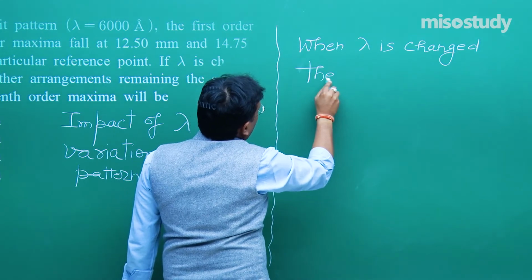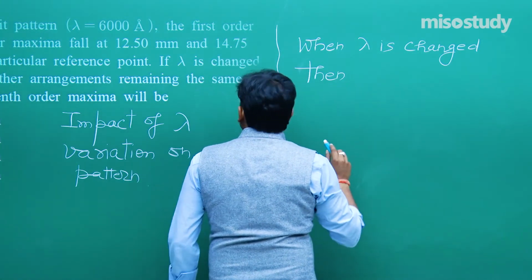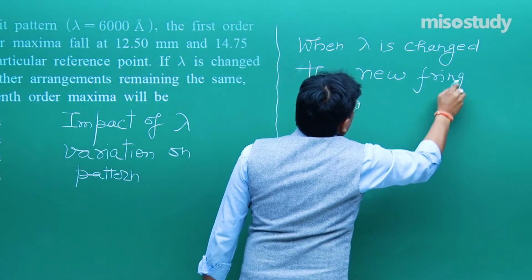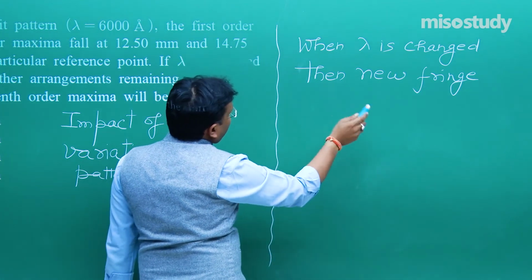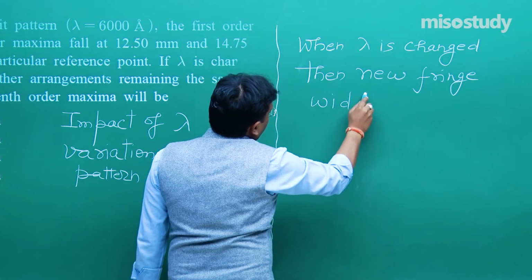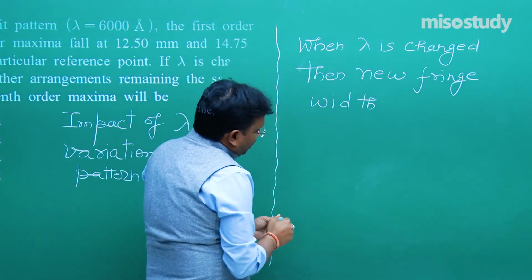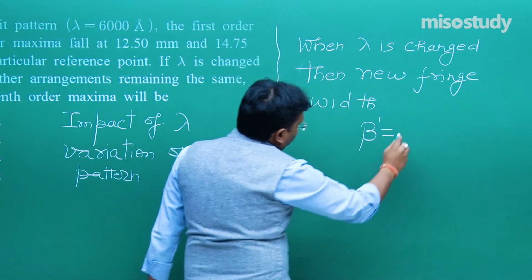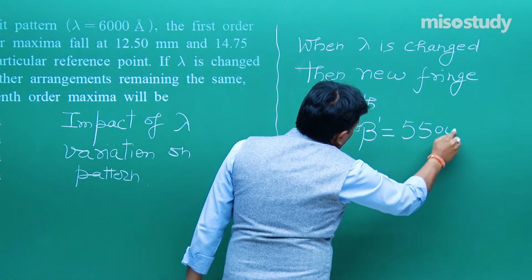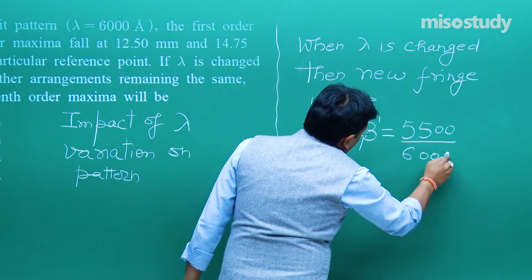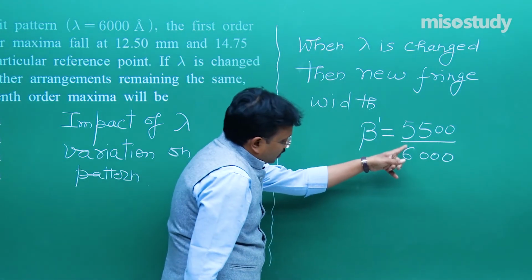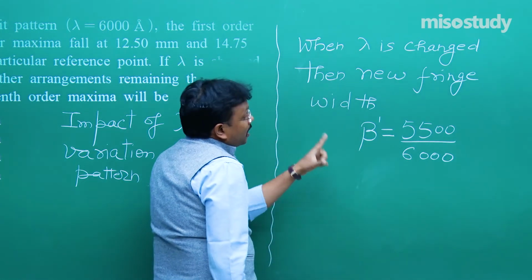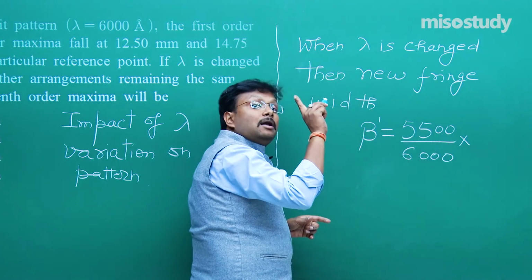then new fringe width, when lambda is changed, then new fringe width. In this situation, the new fringe width, let us say beta prime, is equal to 5500 upon 6000, because new is 5500, it is given, and the initial old one is 6000 angstrom, into the original fringe width